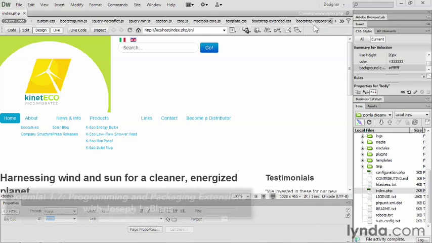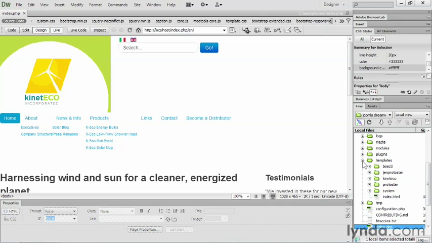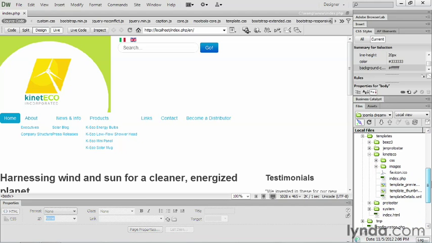So the next thing then is, what can I edit safely here inside of Joomla using Dreamweaver? The answer to that question is, it needs to be in your templates folder. That is what you can edit. And of course, what's in your templates folder, what are actually the files that are relevant to you? Well, over here under Kinetico, these are the files that are relevant to you. The CSS, the images files, and any of the files that appear here.